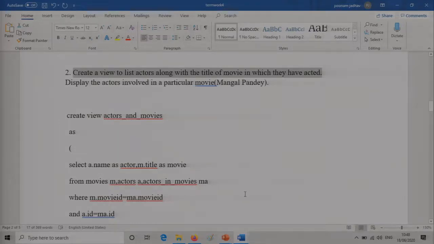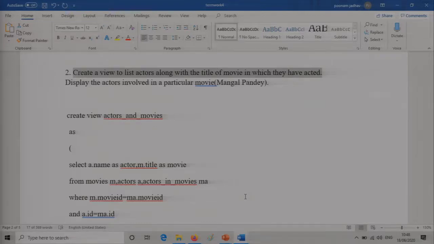When the movies table and actors table are involved, definitely there is a relationship table between them. Hope you know that there is a relationship. I will not take you back to the PowerPoint. It's an unfortunate day wherein my PowerPoint is giving some problems, so let me not shuffle between these screens so that time is not wasted. Hope by now you are completely aware that there are two tables, the actor table and the movie table. Between them is a relationship table named actors in movies. Do we know this? Okay.